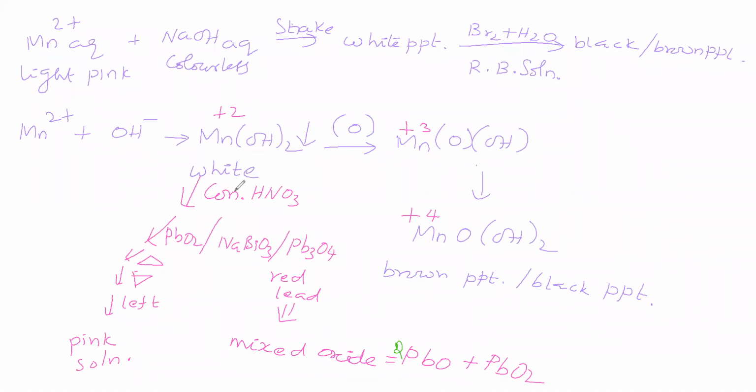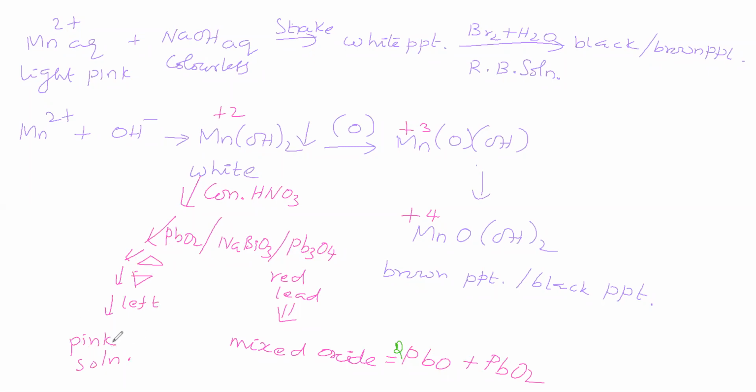You are adding concentrated nitric acid. This concentrated nitric acid converts this red lead, Pb3O4, which contains PbO. Concentrated nitric acid oxidizes this PbO, therefore this PbO becomes PbO2. Okay. You are boiling the contents, cooling the contents and leaving the solution for sufficient time.